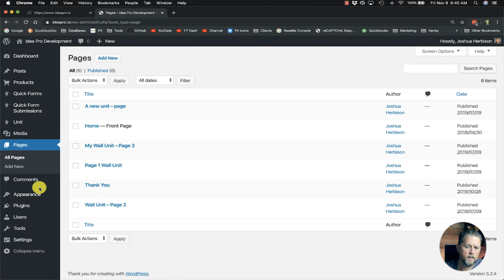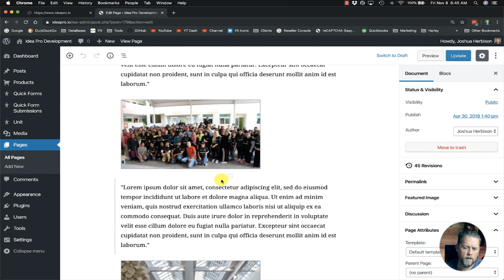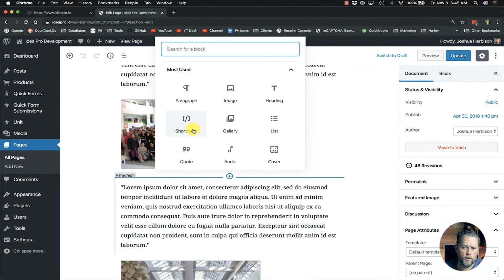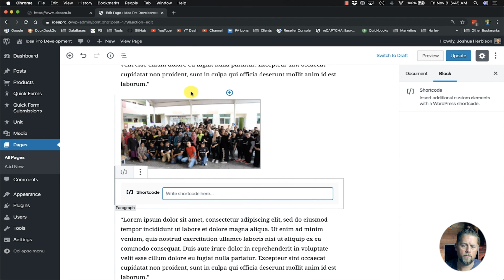So anyway, let's go to pages. Let's go to homepage, and we're going to go down to just below this photo here. We're going to click the plus, and then we're going to choose shortcode. If it doesn't show up here in your most used, which probably won't, you can start typing shortcode up here, and it'll pop up. So you hit shortcode, and then here in the shortcode, you're going to do an open and close square brackets. Okay. Then we're going to paste in the name of our shortcode,